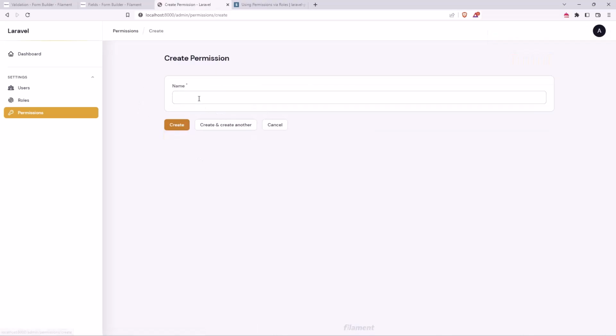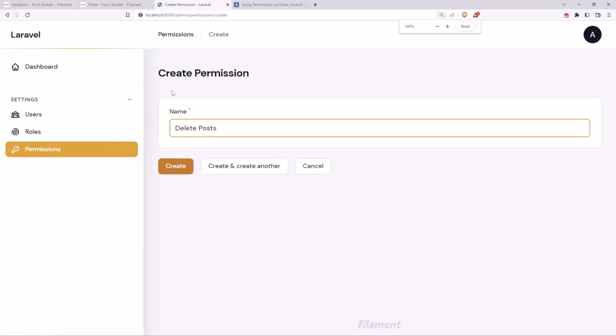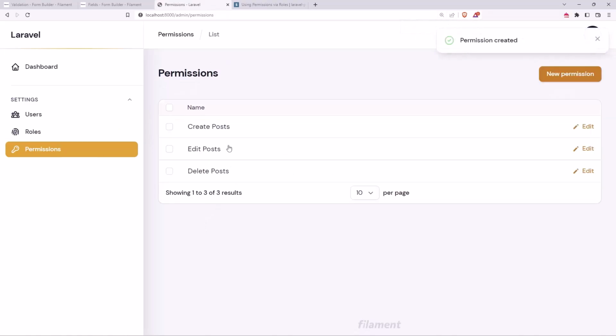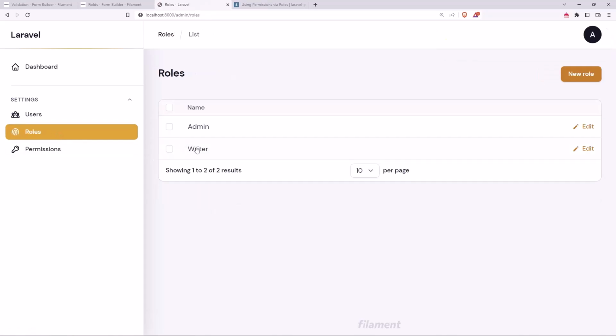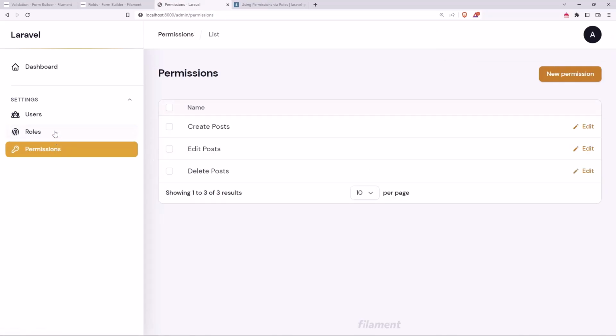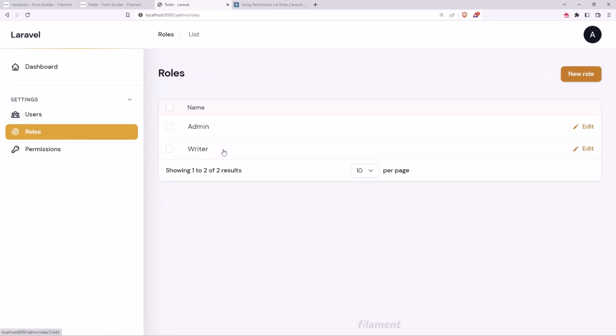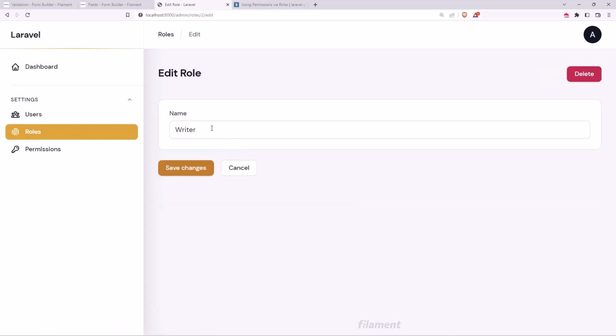And one more for the delete post. So let's say delete, and maybe let's zoom it like this, delete post. And now we have 3 permissions. Now all these 3 permissions, I'm going to add to the writer here. So for that, let's go to this writer, and when we update, also I want to add